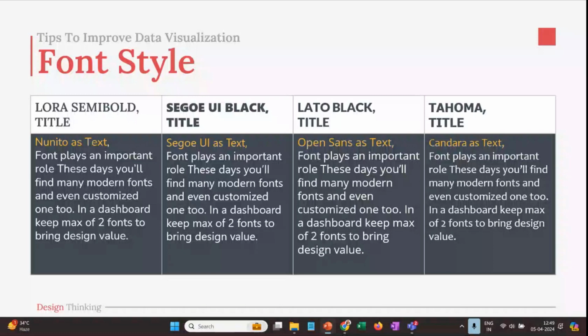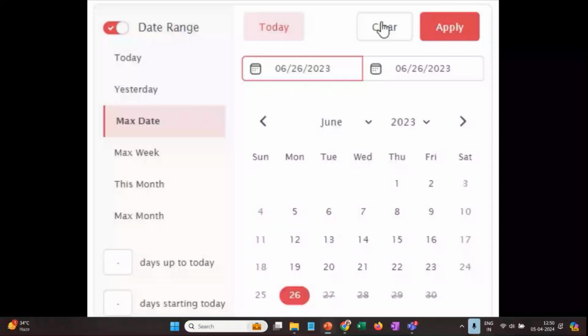So these are the fonts to use in their professional work, and they are like Lato, Nunito. Next point is tips to